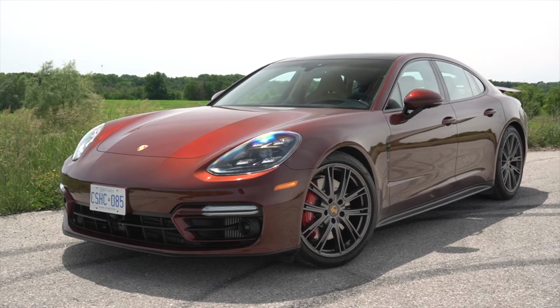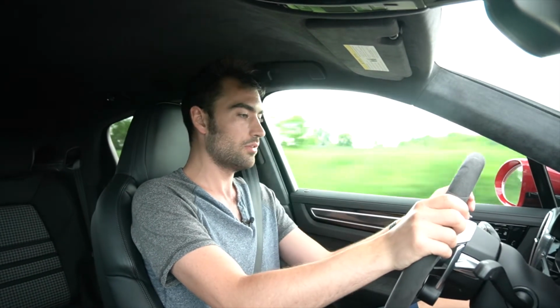Not only are you getting quite a lot more volume than what I experienced with the 4-liter V8, the same engine in the Panamera GTS, but when you go into Sport Plus, there's a lot more accents of burble tunes back there when you let off the throttle. A little more nuance to each downshift. And it just intensifies the entire experience of this GTS, and that's why I think this is